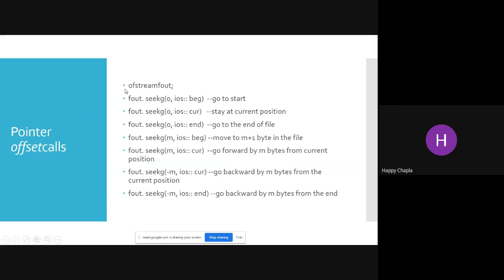So here, ofstream fout. That means this is the object name. This is a typo over here, I forgot to put one space over here. Now fout.seekg